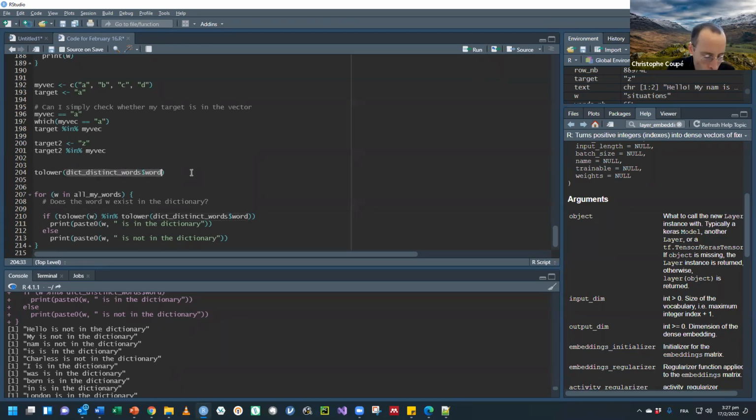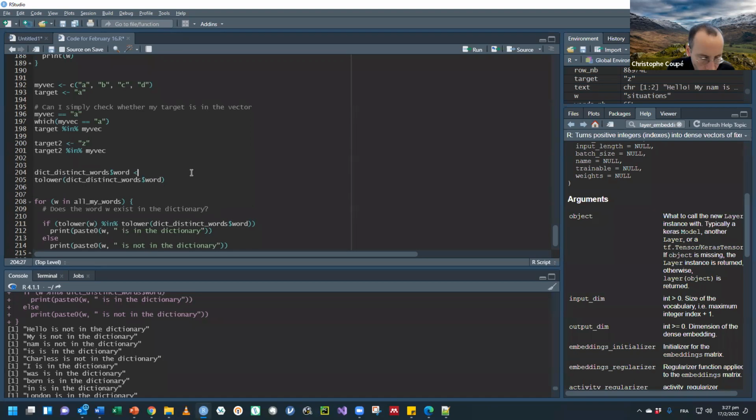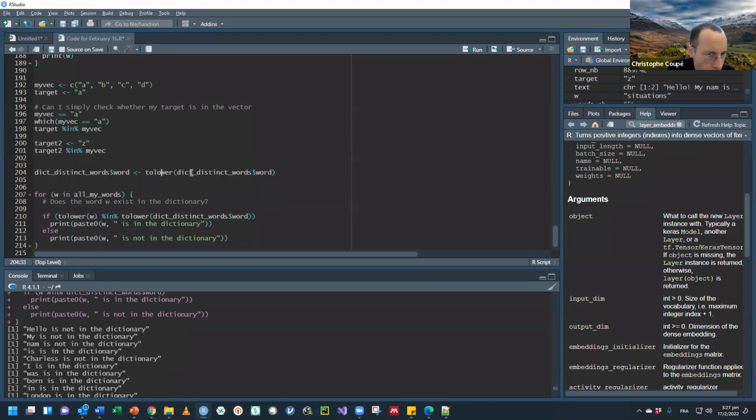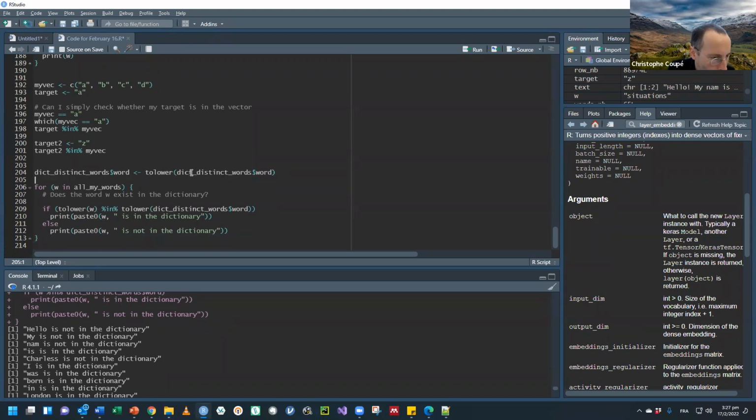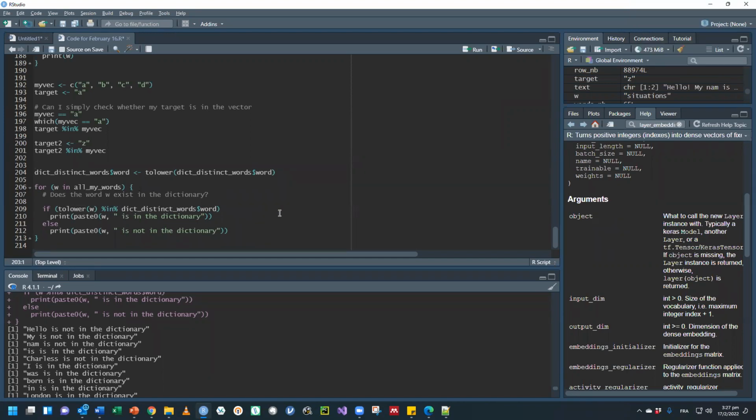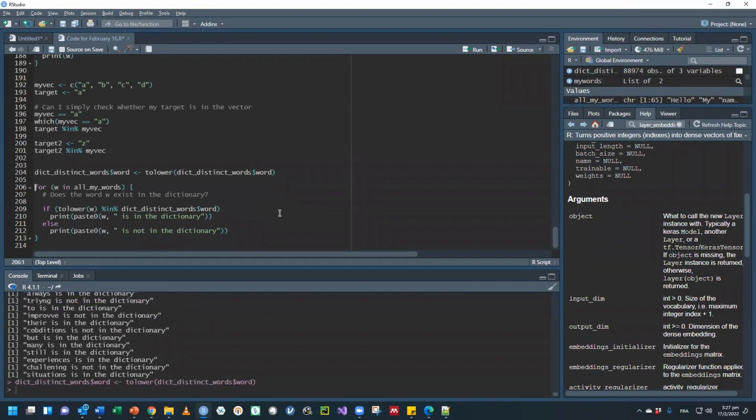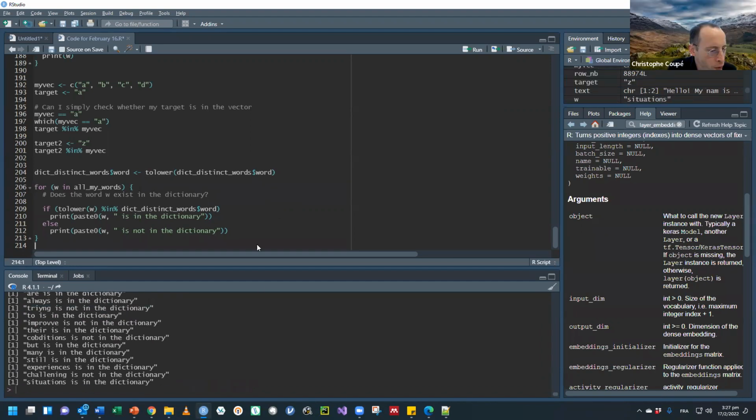So we just say, okay, all the words in my dictionary, from now on, they are written in lowercase. If I do it once, then I don't need to do it every time, and I save time, of course. So I put all the words in lowercase in the dictionary. Then I check my words, lowercase as well, whether they are in the dictionary. If I do that,